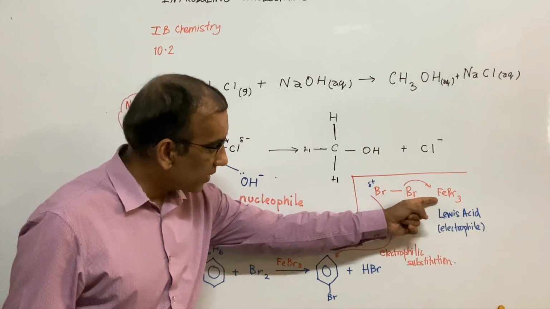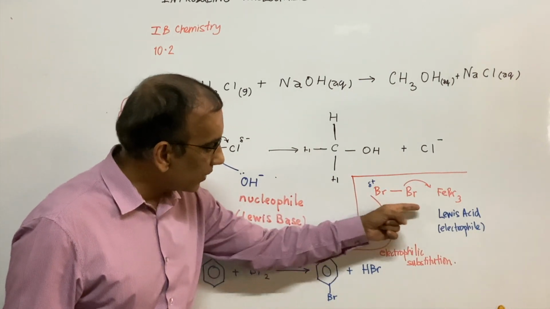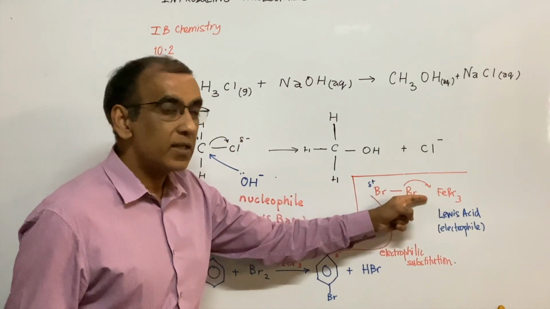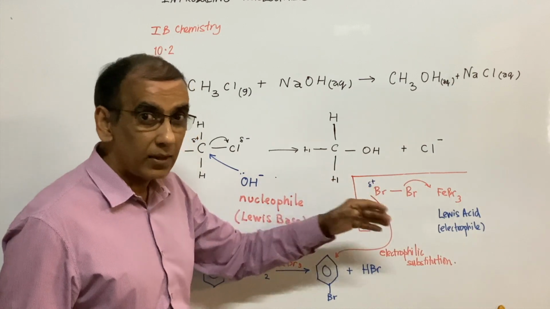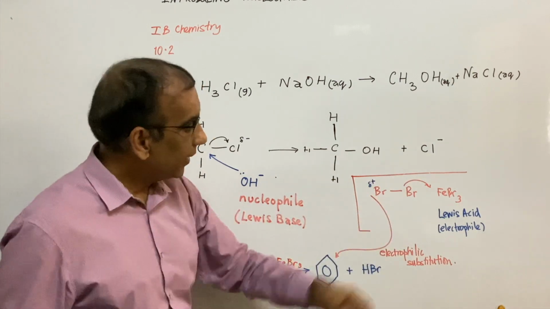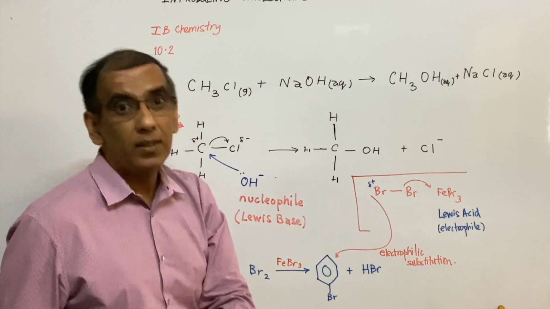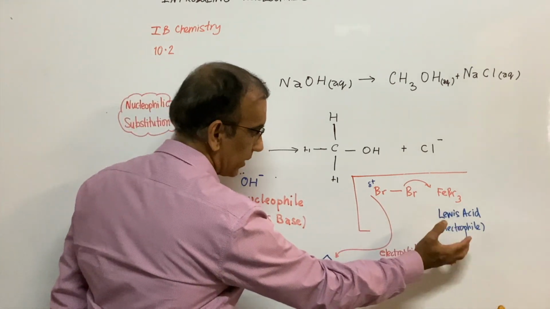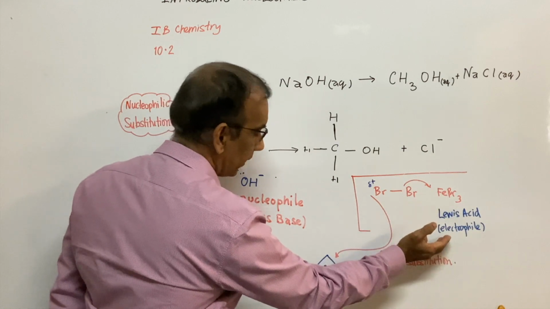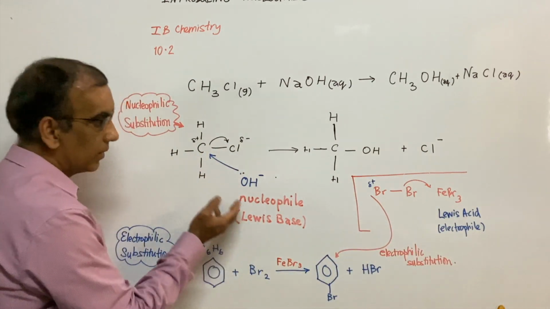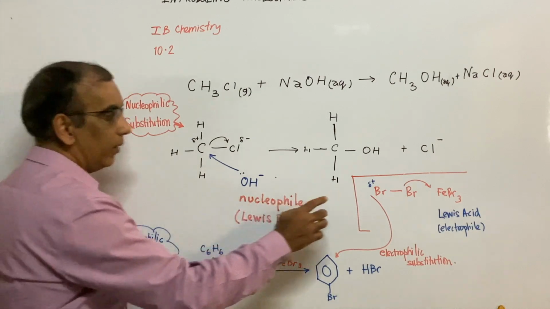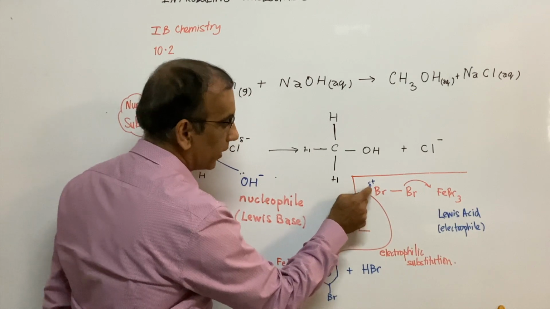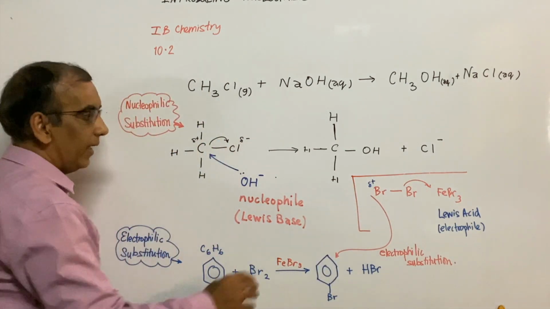In the presence of this substance, bromine interacts with it, giving over a lone pair of electrons to it, and this FeBr3 accepting that lone pair. And in so doing, it behaves as a Lewis acid, a lone pair acceptor. It's also behaving as an electrophile in that sense, because a Lewis acid is an electrophile, a Lewis base is a nucleophile. And once that happens over here, then this part of the Br becomes positively charged, and therefore it